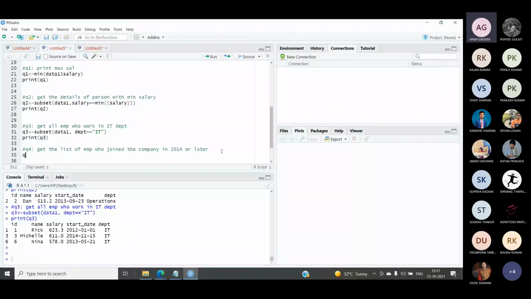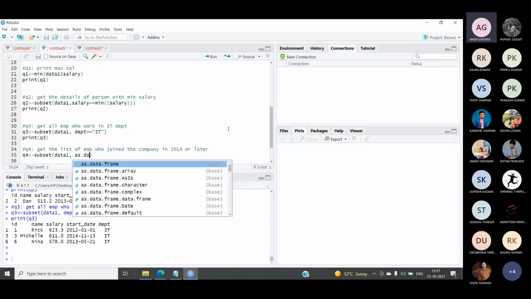So what I need to do is, again, retrieve a subset of this. So I will use the function subset in this case. After that I will specify the name of the object. In this case it's a data vector. And what is the query condition in this case? In this case my query condition is on a date column. So when my query is to be fired on a date column, I have to specify the function as.date. Just like when we created a data frame, we used the as.date function. So similarly here we will use the as.date function.